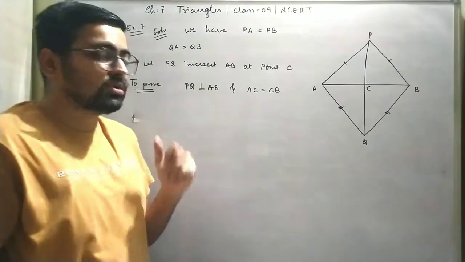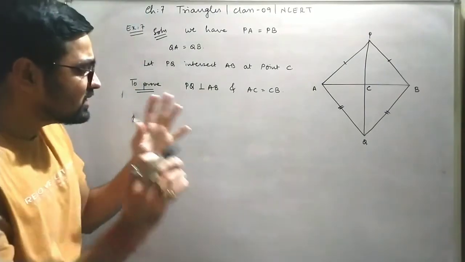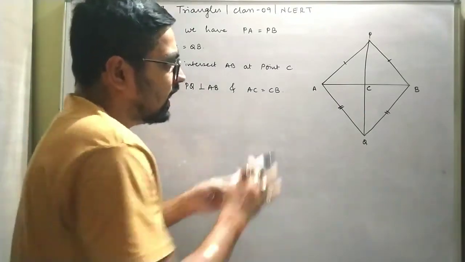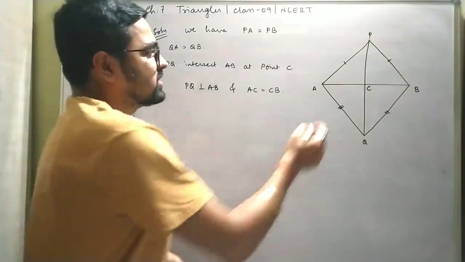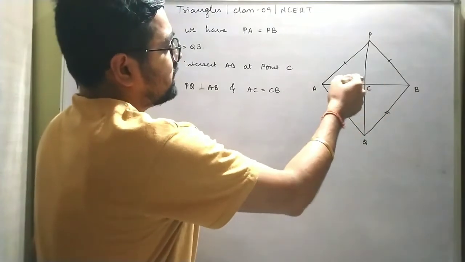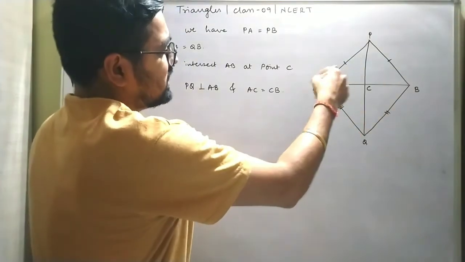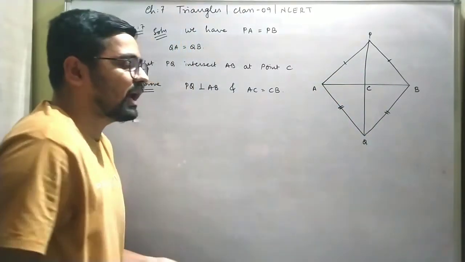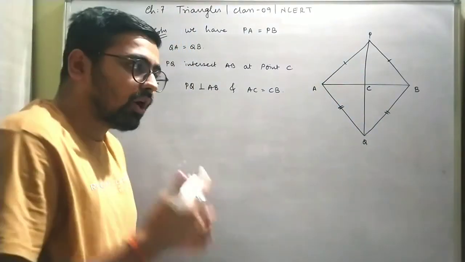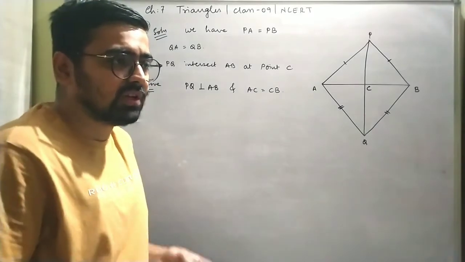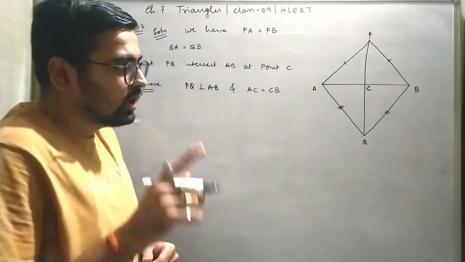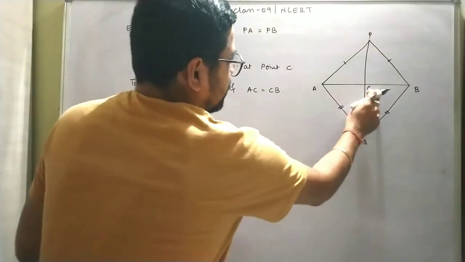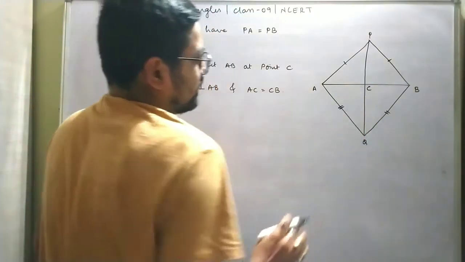Now how are we supposed to get these two things? So let's think of a way where we can get something out of it. If you look carefully here, we have so many triangles. Triangle APB, AQB, APC, BPC, AQC, BQC. There are so many triangles we have in this particular figure. Now out of those triangles, how can we select something which helps us to get the problem done? So pay attention. To get this two equal and this two 90, correct?